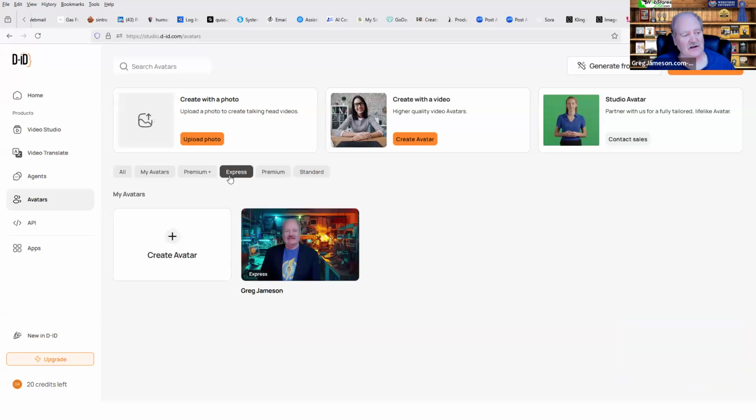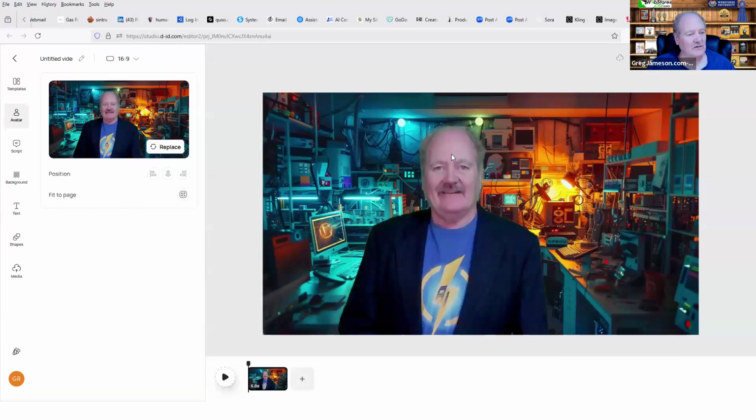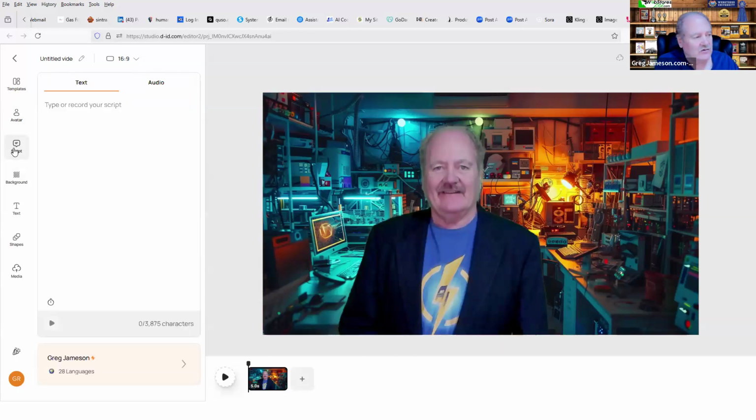When you create an Express avatar, whatever background you record yourself on, that's what's going to be in the avatar going forward. So once I'm in using my own avatar, I can just go to script